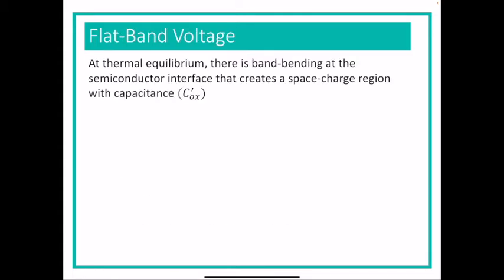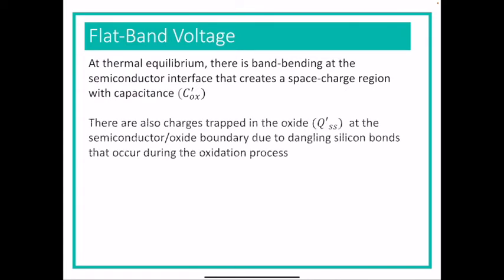When you're at thermal equilibrium, you do have band bending that creates a space charge region, and you have a capacitance, which we have talked about. There are also charges that are trapped in the oxide, and the reason the charges get trapped is that while this stuff is being made, during the oxidation process, sometimes there are silicon bonds that don't end up getting bonded to anything and they kind of dangle, and that creates charges that are trapped in the oxide. So that's a certain amount that actually is also a kind of known thing, but we won't have to